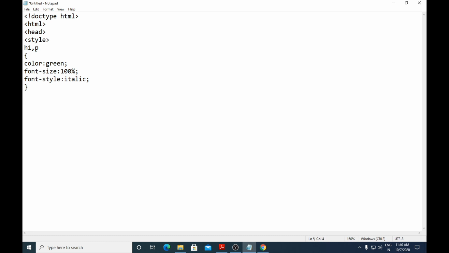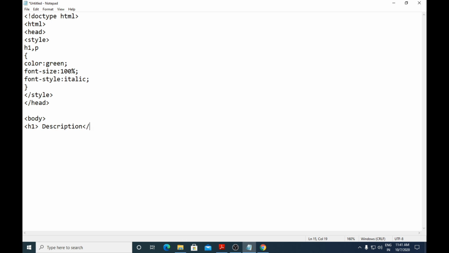If you want to use more selectors here, you just have to separate them by commas. Next I'll end the style element and then end the head element. Now we'll start with the body element. In the body, first I'll use h1 and write here description.